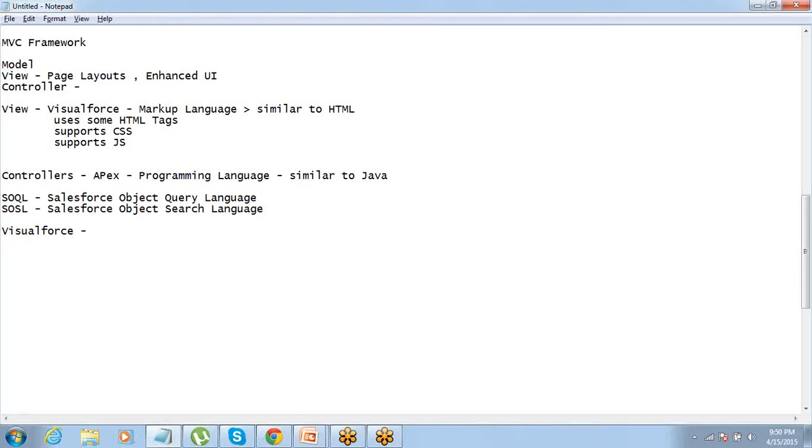Then we will get into Apex. We will learn the basics of Apex, and we'll learn how we can create our own controllers for the Visualforce page. Then we will learn how we can use Apex completely on its own without a user interface, right? So that is how we are going to go about these things. We'll start with the Visualforce thing today.